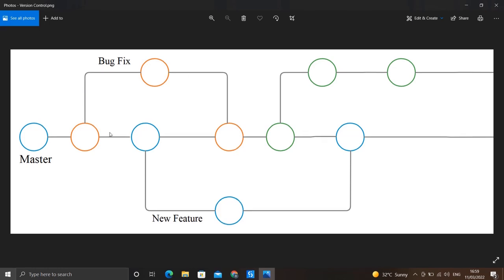Now consider a developer copies one of the versions of this project into his own system. He makes some changes to it like fixing a bug and keeps track of it. Now, as you can see, both these versions are independent of each other. When the developer is done making changes, he can request the owner of the master branch to merge his branch into the main timeline. In this way, we are able to get a new version of our project without disturbing the previous ones.